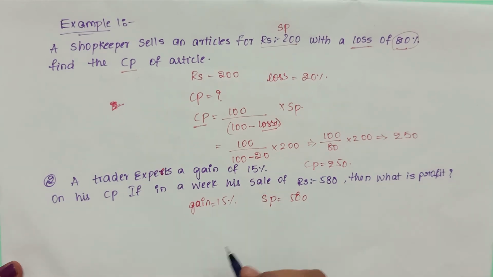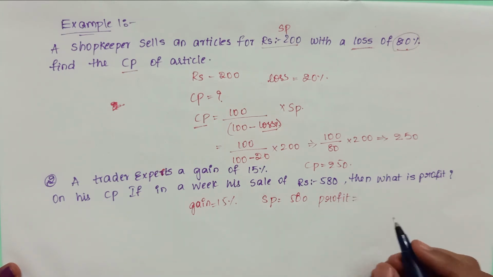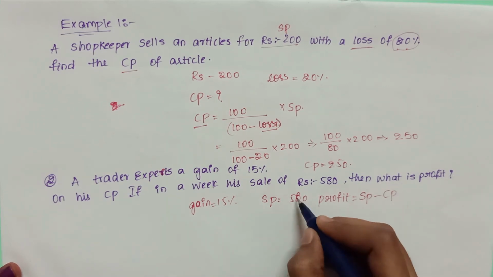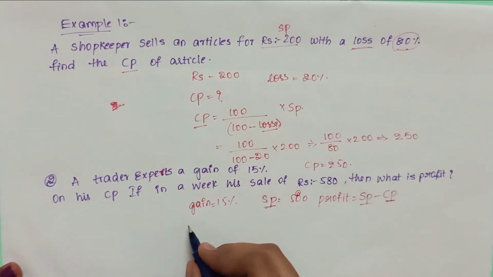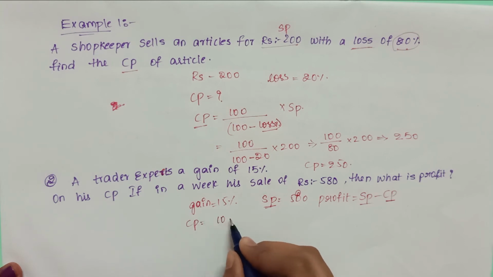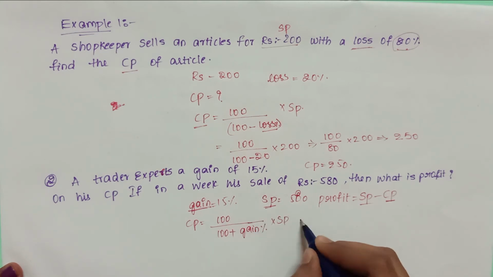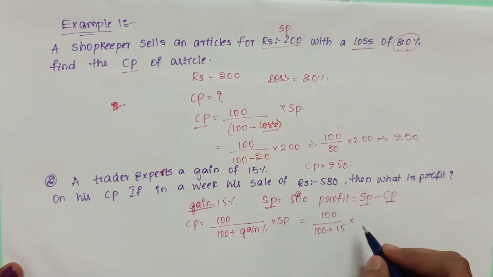Then what is the profit? We want to find the profit. We have one formula for profit: selling price minus cost price. They gave the selling price directly in the question. We want to find the cost price, where CP is equal to the formula. They already gave the gain value also: 100 by 100 plus gain percent into SP. If we calculate 100 by 100 plus 15 into 580, we'll get